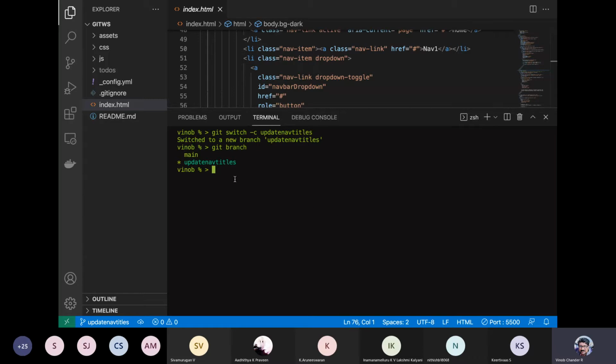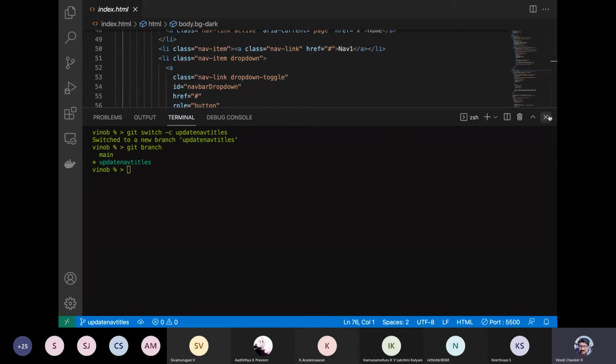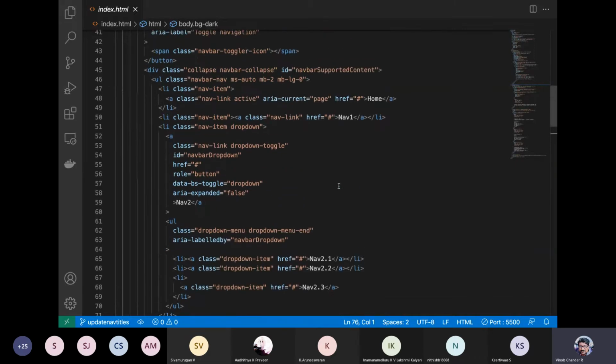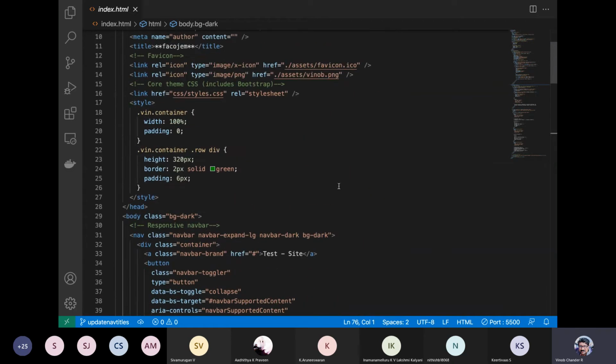I am in update nav titles. Let us do some small updates and see how it actually looks, and then try to create an intentional merge conflict. Before that, first of all, let us update some of these things.